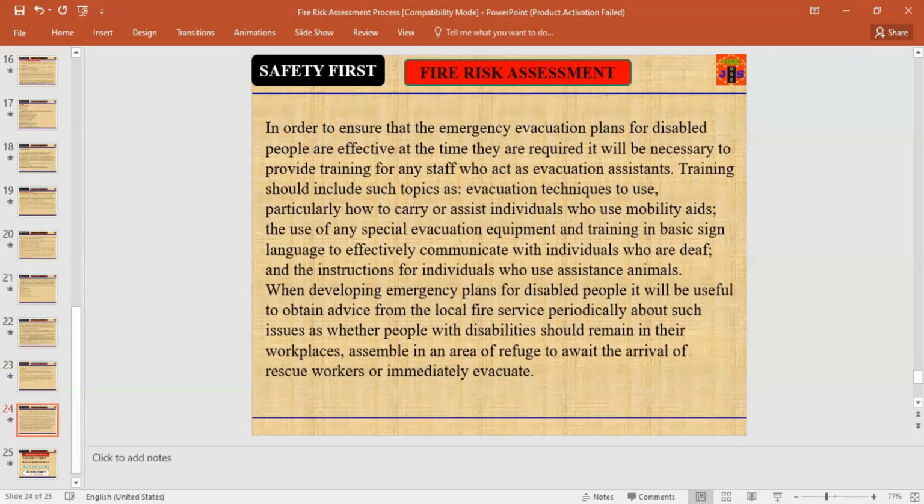Dear friends and fellows, in order to ensure that the emergency evacuation plans for disabled people are effective at the time they are required, it will be necessary to provide training for any staff who act as evacuation assistants. Training should include evacuation techniques to use, particularly how to carry or assist individuals who use mobility aids, the use of any special evacuation equipment,